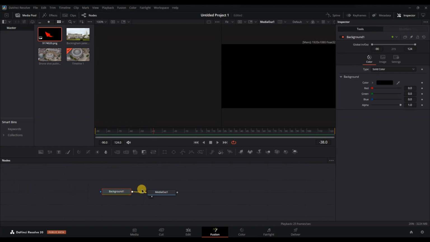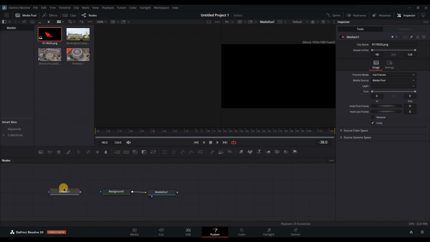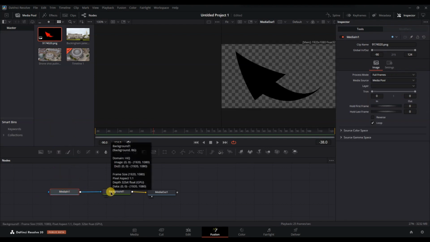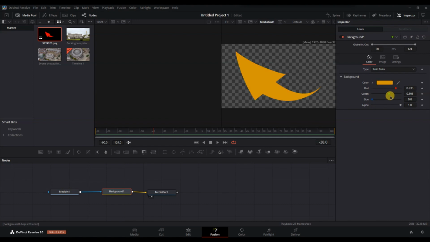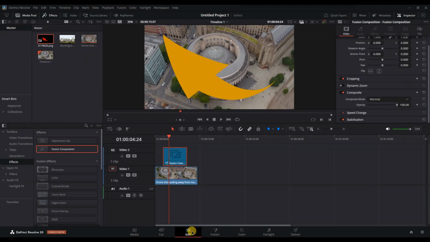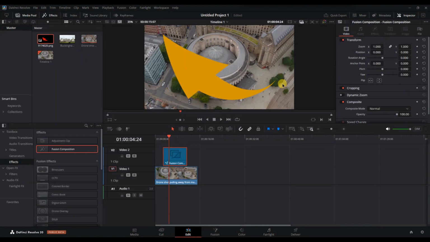Then, bring the arrow image into the node area by dragging it from the media pool into the Fusion workspace. Now, connect the arrow image to the background node. Once done, go back to the edit page and you will see the arrow now appears inside the Fusion Composition